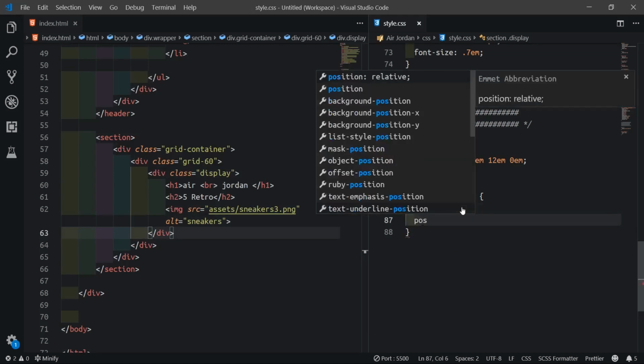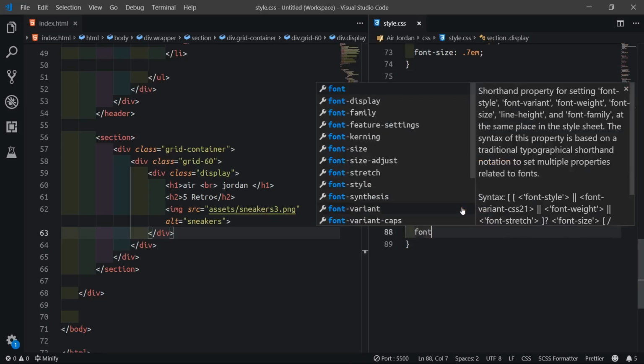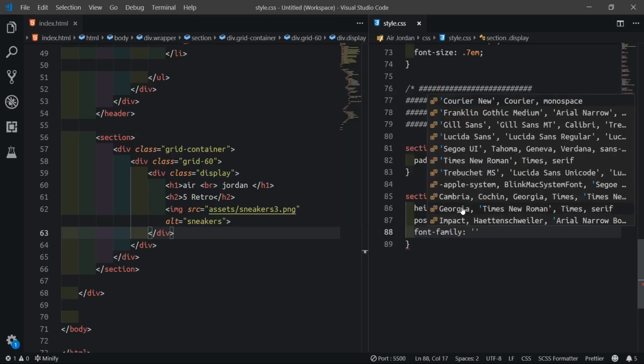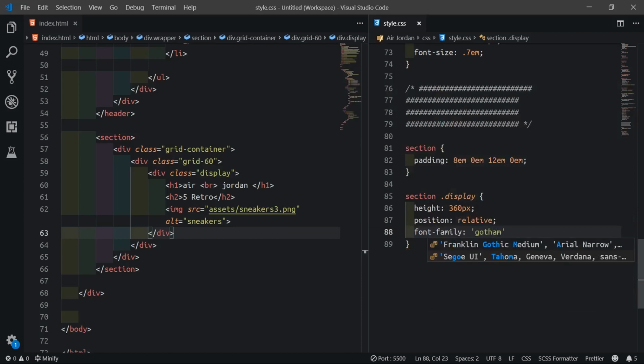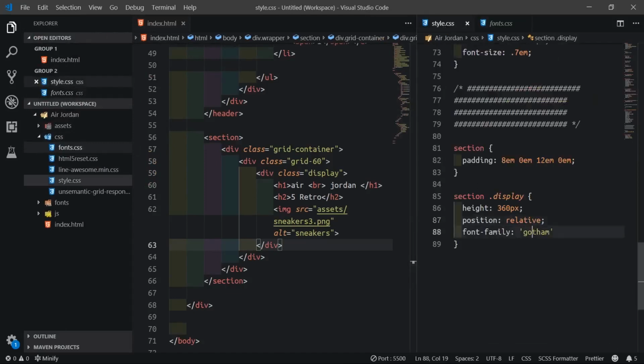Then position should be relative, and font family should be Gotham. So this Gotham, I got it from my fonts here. You see the name, Gotham. So I got it here, now they're in use.